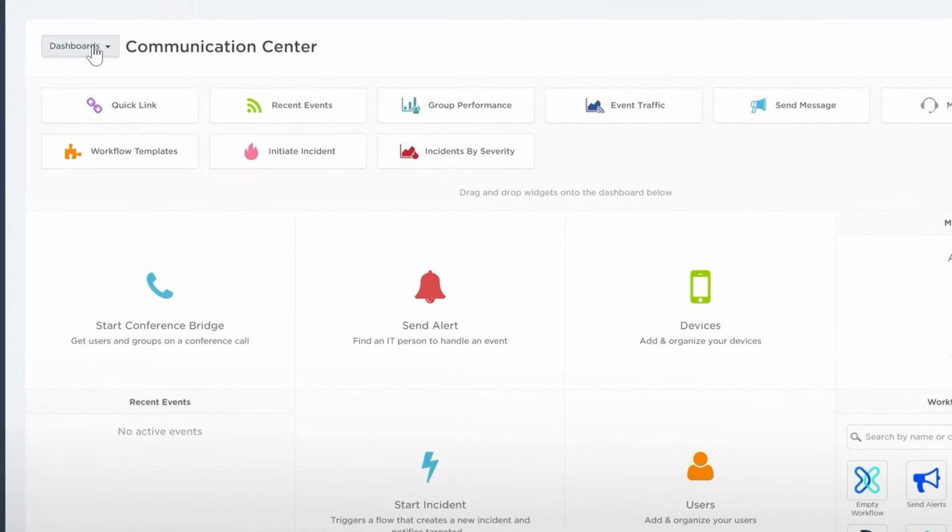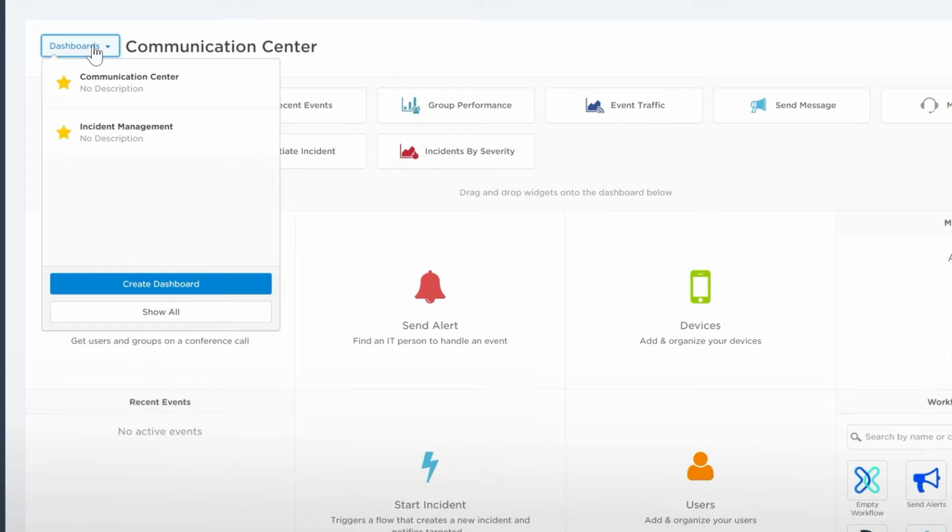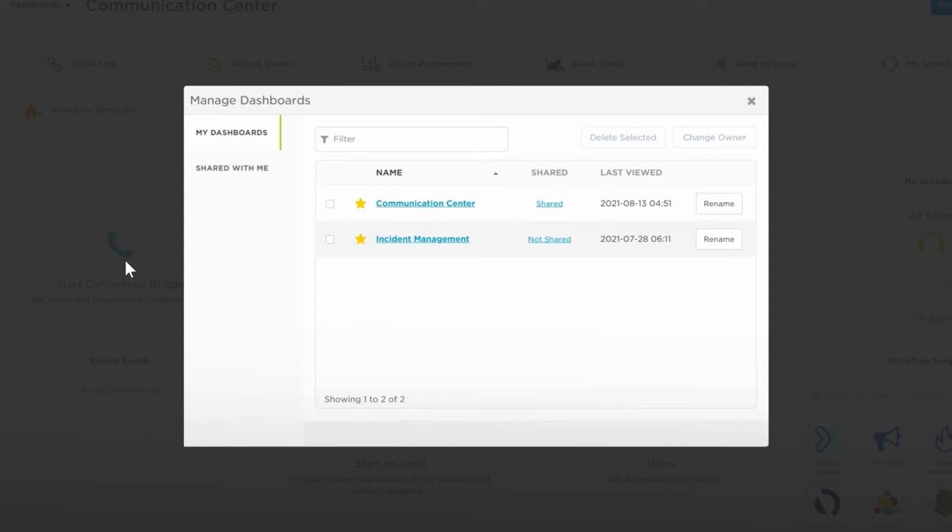Use the Dashboards menu on the left side to select between your existing dashboards or to create a new blank dashboard. If there are more dashboards than you can see in the dropdown, click Show All to see all of your dashboards. To start using xMatters dashboards to create a personalized incident response management center, sign up for xMatters free at